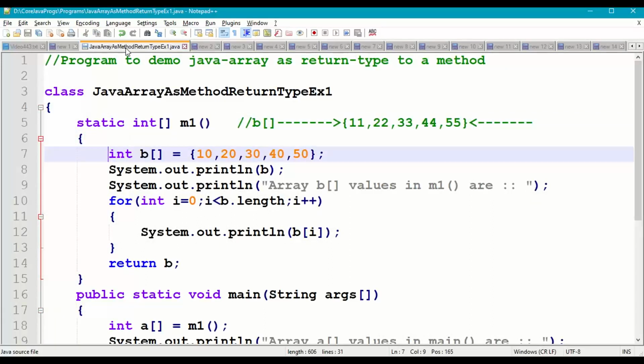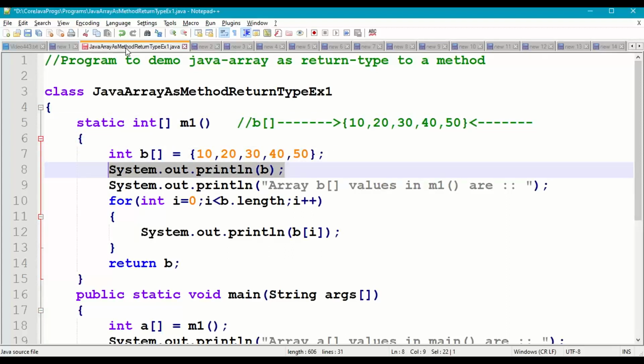Inside the m1 method, I'm taking integer array b with values 10, 20, 30, 40, 50. These are the initial values of array b. Let us print b. It will print the array reference code of array b.